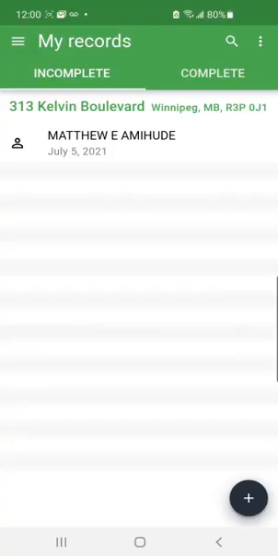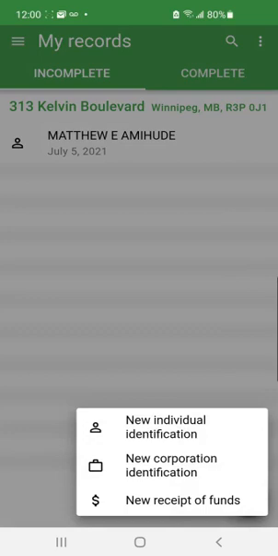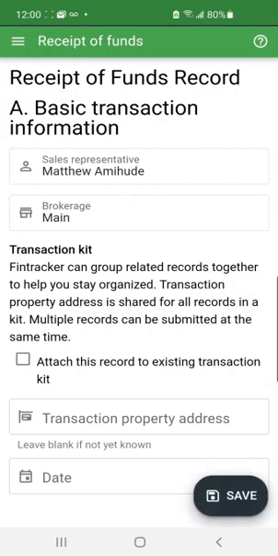In this next tutorial, I'm going to show you how to complete a receipt of funds. So the first thing we do is we click on the bottom right hand corner and click plus, and I'll hit new receipt of funds. So I'm actually going to attach this receipt of funds to the previous individual ID that I created in the